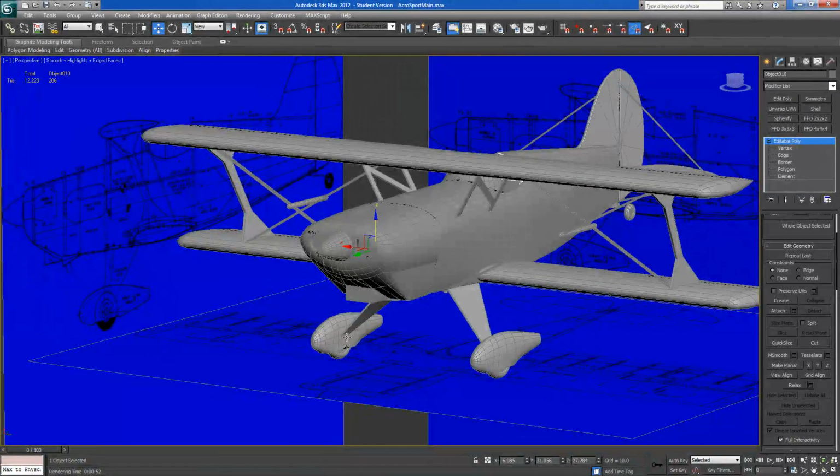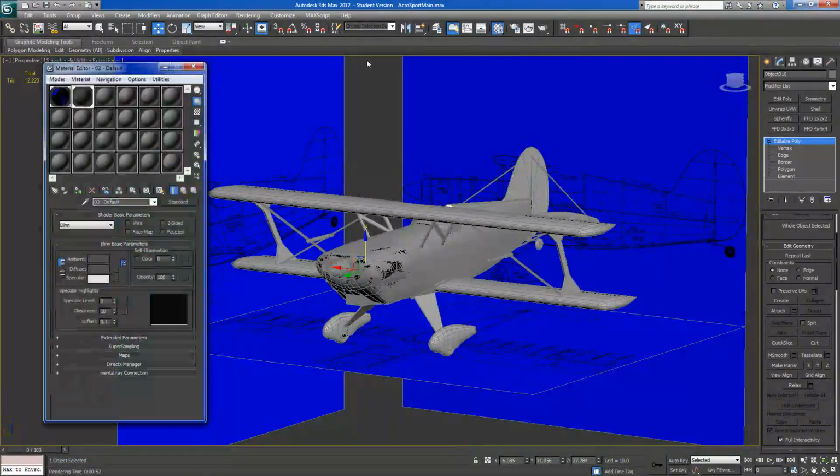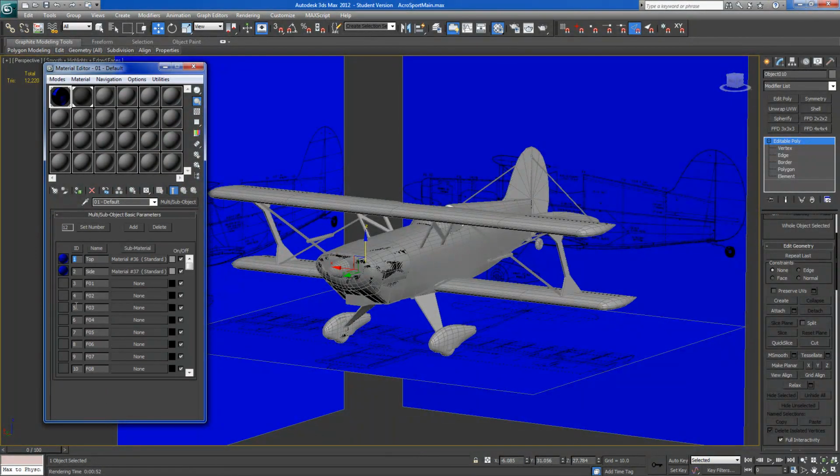I could put these wires in here on the landing gear and all that stuff, but I don't really need the reference for that. So the method you're going to want to use to go about getting rid of your reference material would be